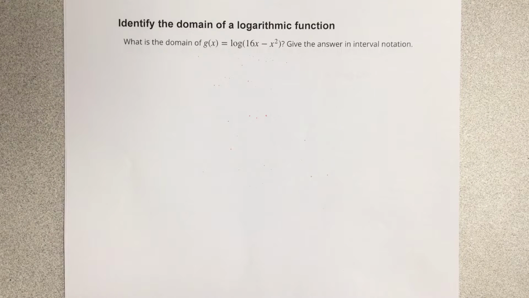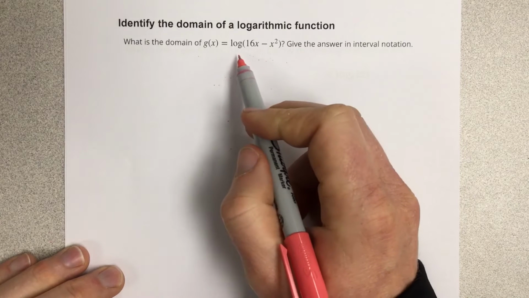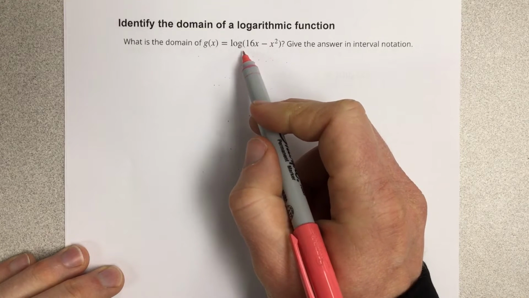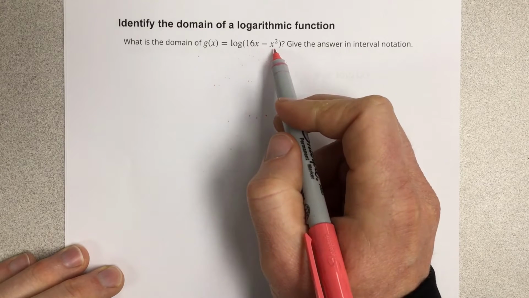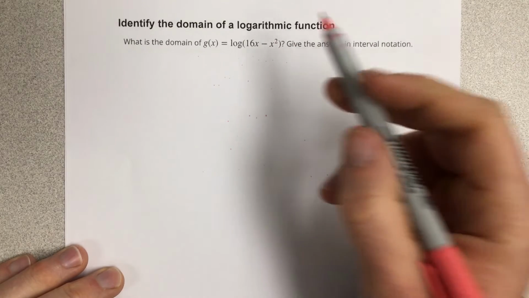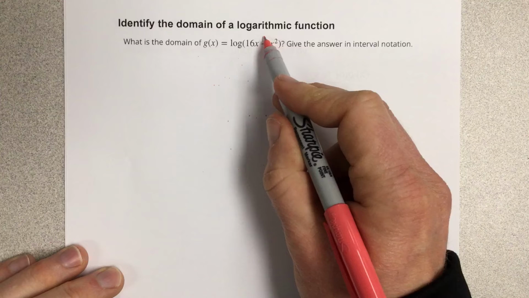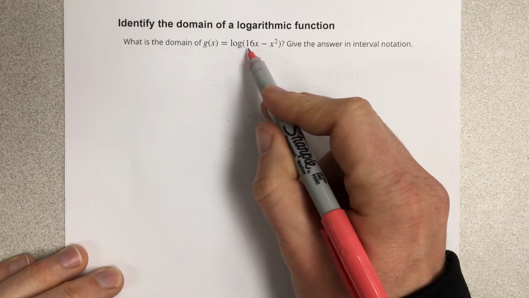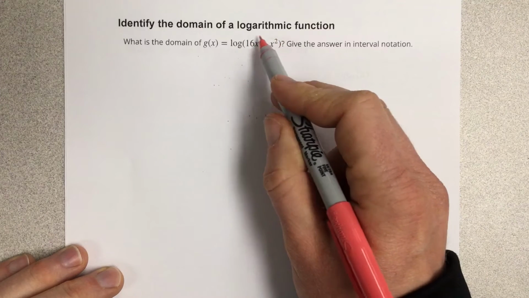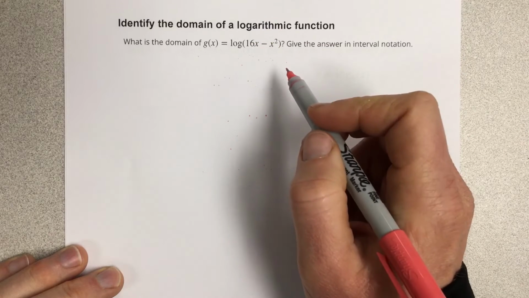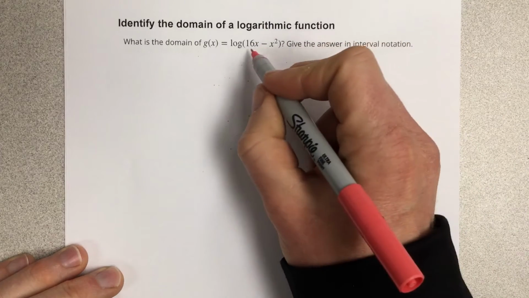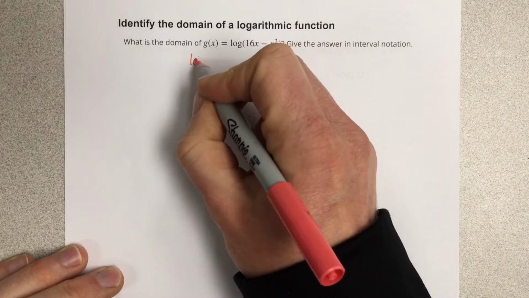In this video, we're going to identify the domain of a logarithmic function. It says, what is the domain of g of x equals log base 10 of 16x minus x squared? The first thing I need to recognize is that the inside of a logarithm has to be greater than 0. I can never have a number that's negative inside a logarithm, because if I were to write this logarithm